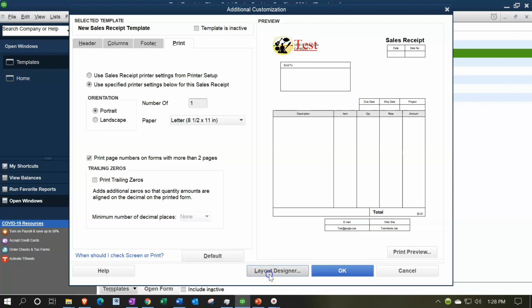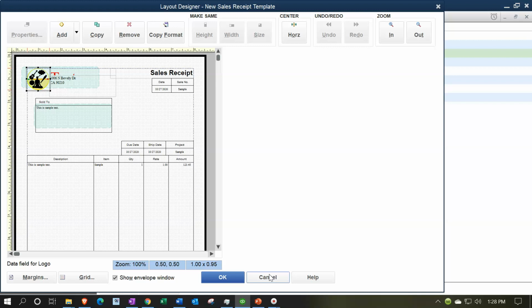So if you go out into the layout designer options, these are the more advanced options that could be useful, especially if you kind of download. If you're good at it, you can do your own customized sales receipt from here, and you can start practice with this. If you have practice with internet tools for website design building type of tools, then this might be something that you're good at, and then you can use this to customize your forms. If you have basic skills, like me, you're not a designer expert, you might know enough to be able to pick up an invoice that's